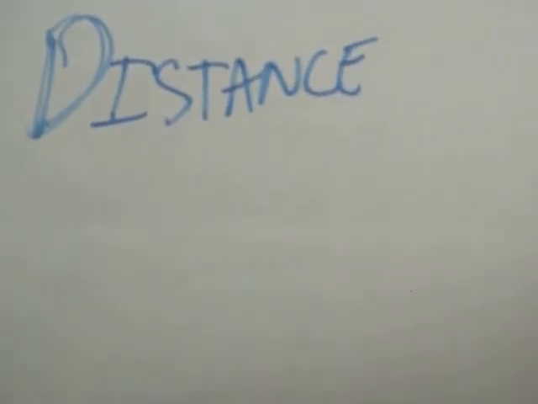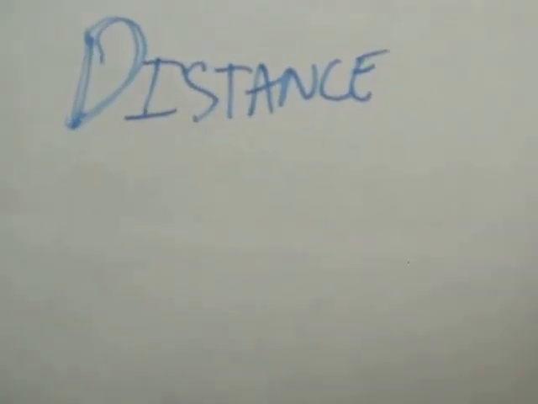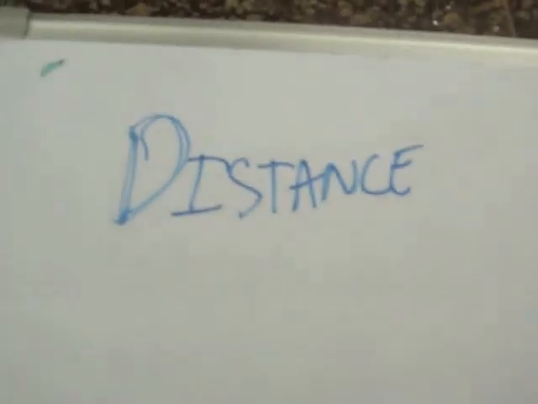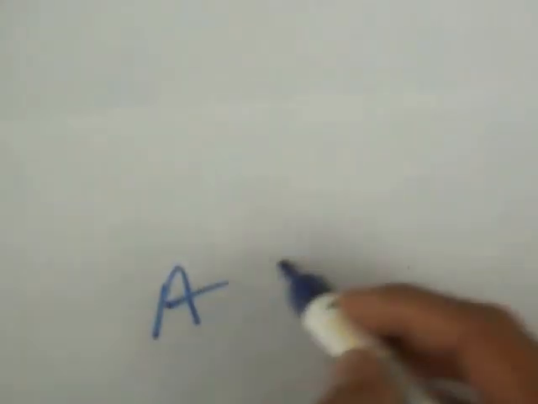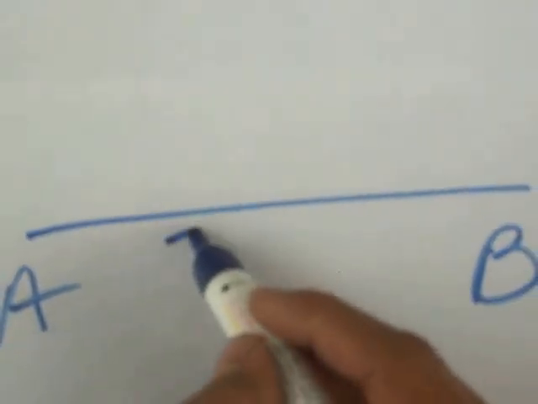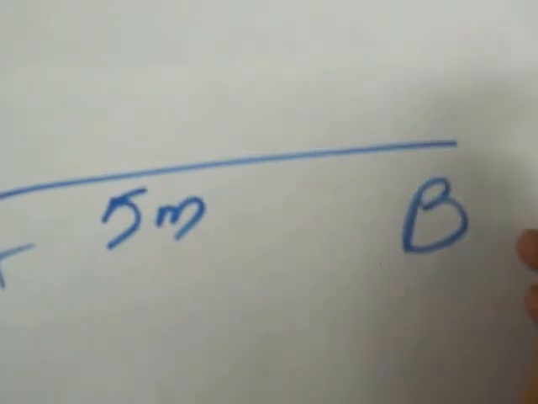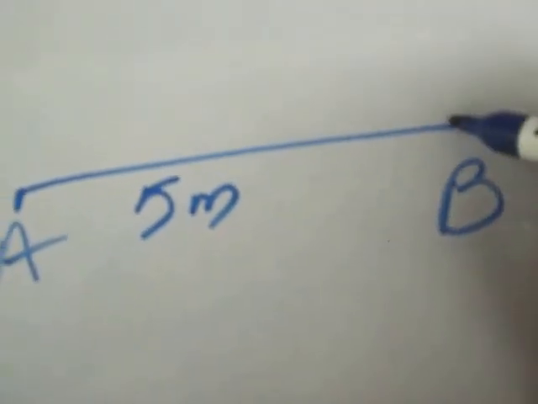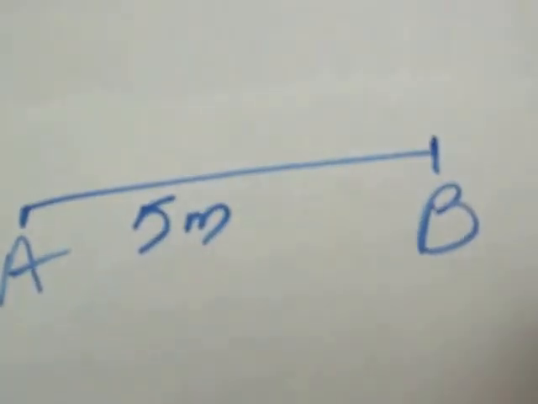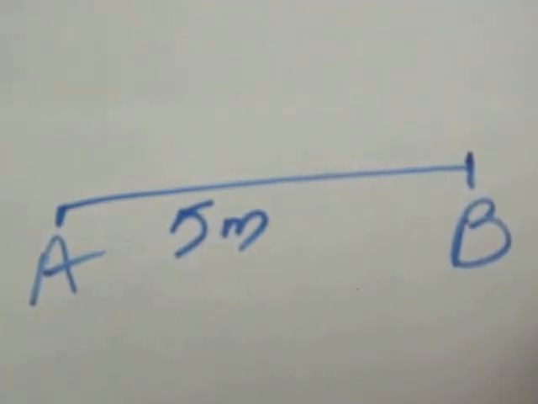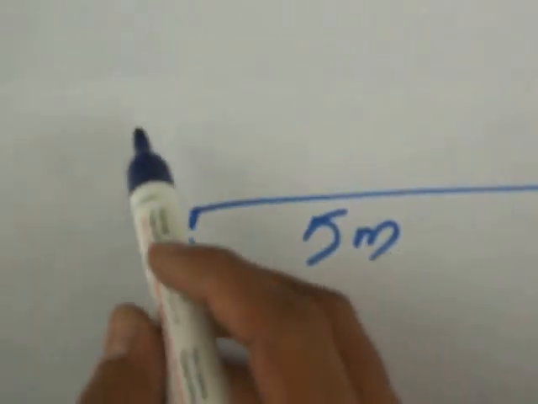In this video we are going to learn about distance and displacement. So let's say there are 2 points A and B, and there's a length of 5 meters. They are at a distance, at a length. The length AB is 5 meters, and if a person